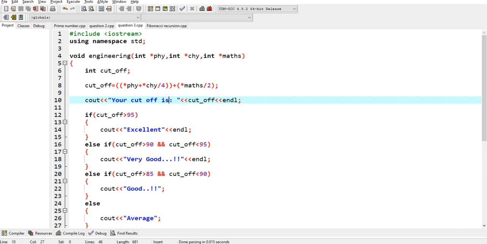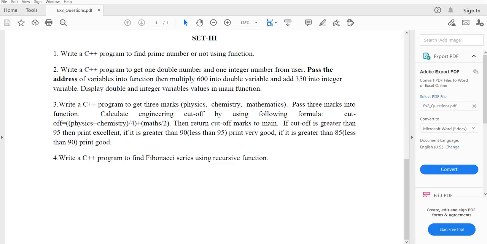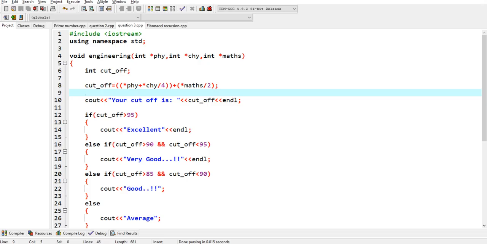This is the function void engineering, with int physics, int chemistry, int maths. Inside that, int cutoff equals physics. This was the formula: cutoff is physics plus chemistry divided by 4 plus maths divided by 2. So here is the formula.